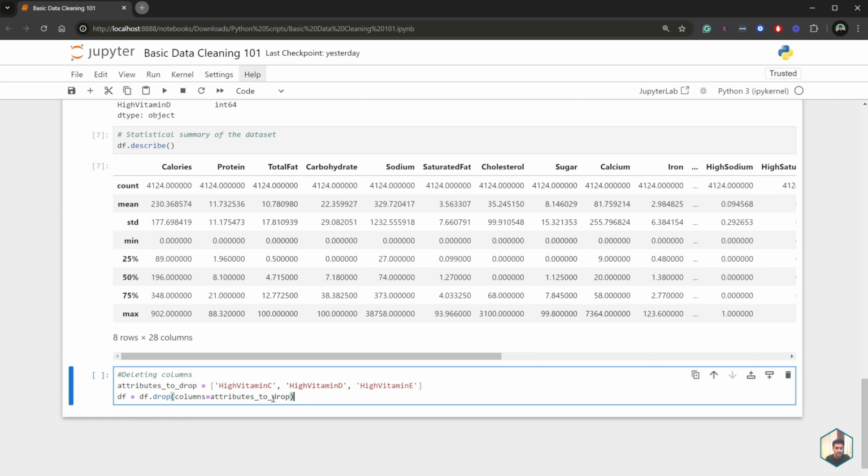It will drop all the columns that you specify within this list, and then store that back in our original data frame, which is df.